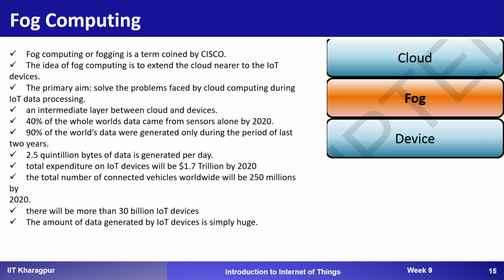In that case, the time taken to send the request, to process, and further to send back the response is large. So the main concept of fog computing is to bring down this service